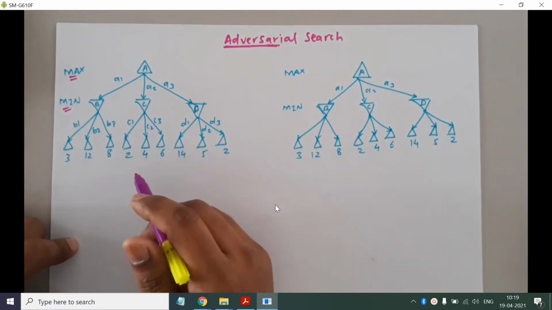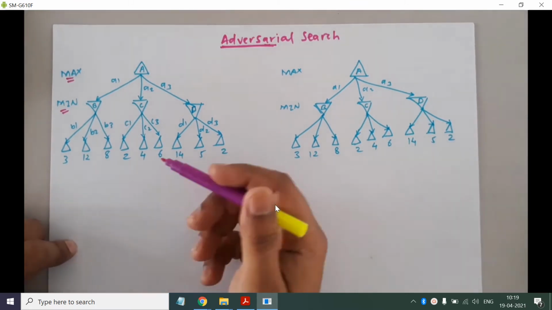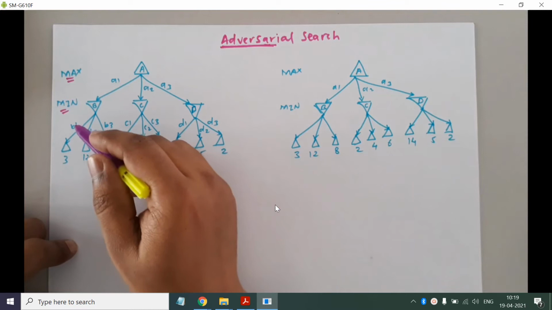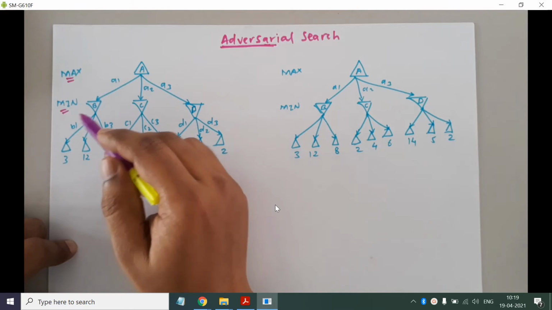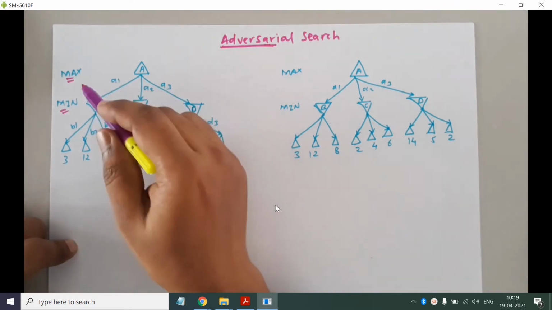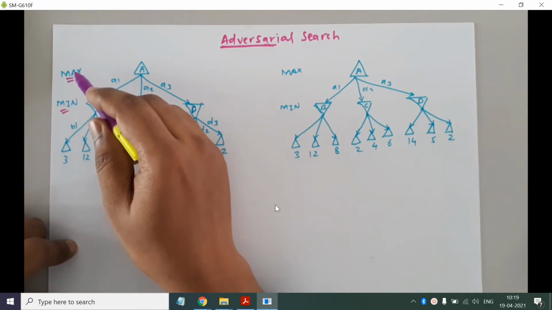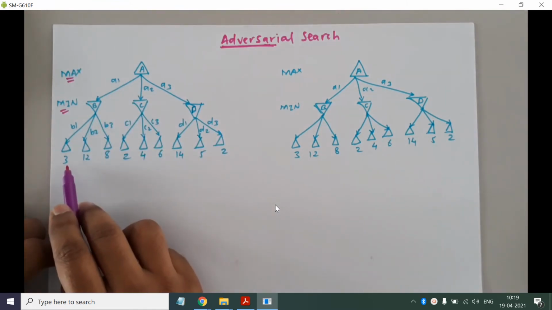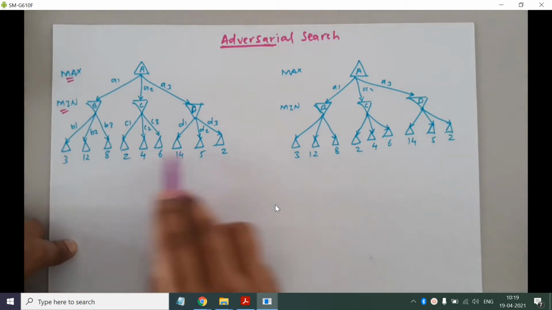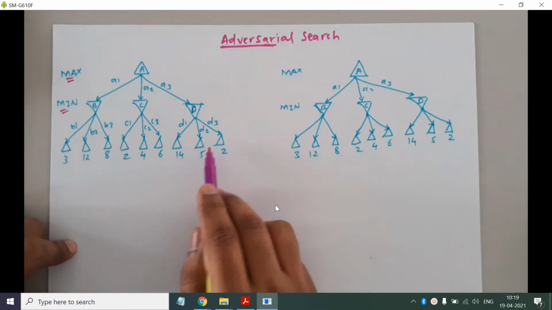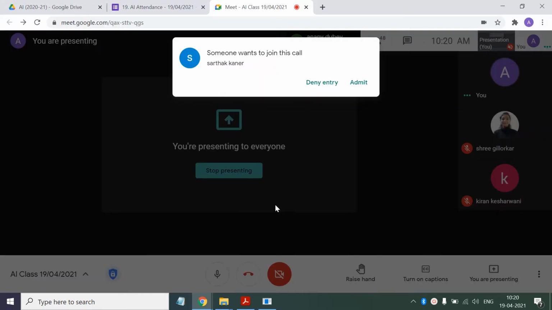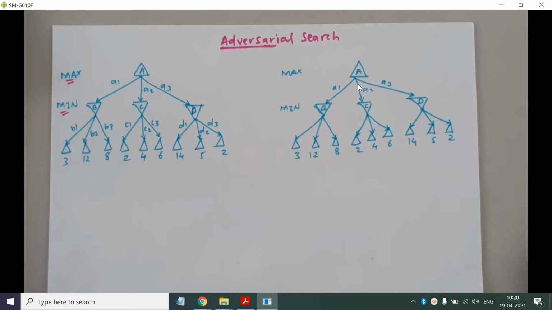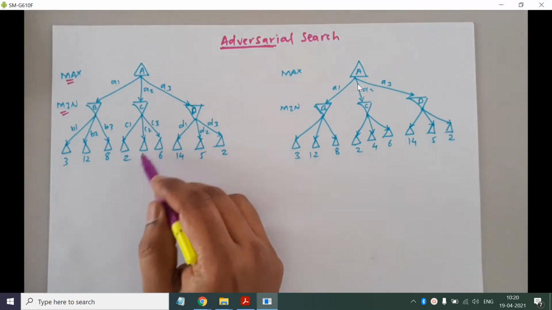First assumption is both the players are playing optimally, that means at any moment, whatever may be the actions possible to that agent, that agent will come up with the best action possible at that moment. Okay, and max will make a move first. Okay, and the utility values present at the terminal states, the leaf nodes are known as terminal states. The utility value mentioned at the terminal states will be with respect to the max player. Okay, so that means if our player reaches this leaf node, our max player will get a utility value of 4.